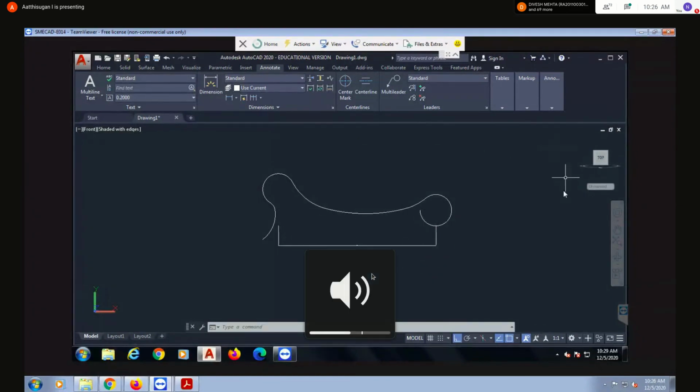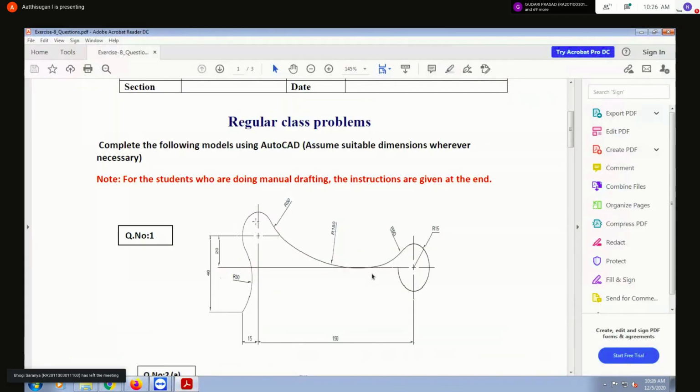Your registration number, I already know. With your date and time, maybe the mail ID will come. All these things you can take in one screenshot, for question number one. All dimensions, not only this one, but all the dimensions given in the question.